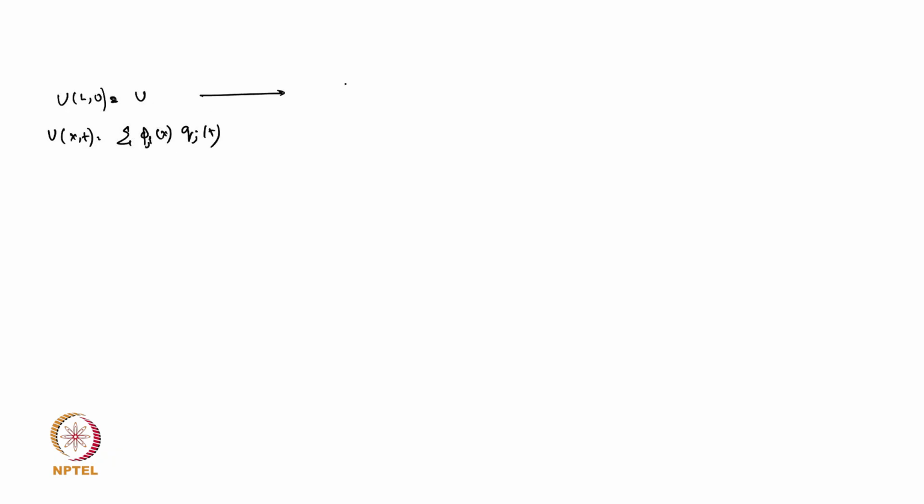And once we write it, it comes this way: phi 1 L, phi 2 L, phi 3 L, phi 4 L, dot dot dot, equal to q1 0, q2 0, like this, with a 0. Okay,